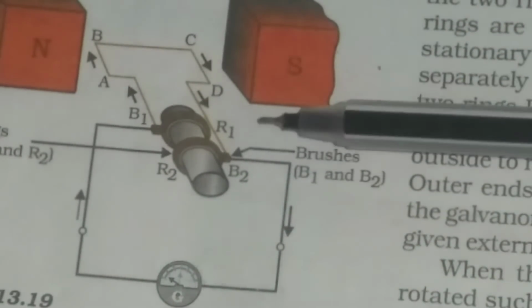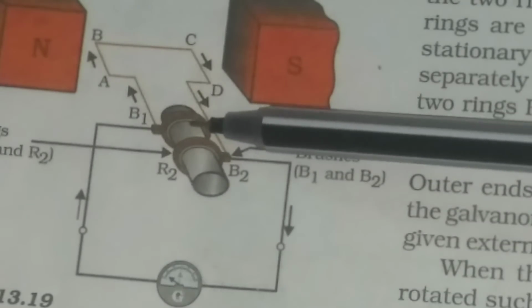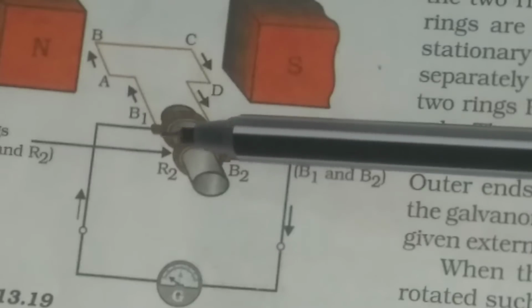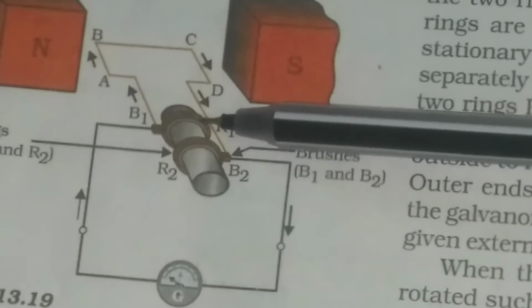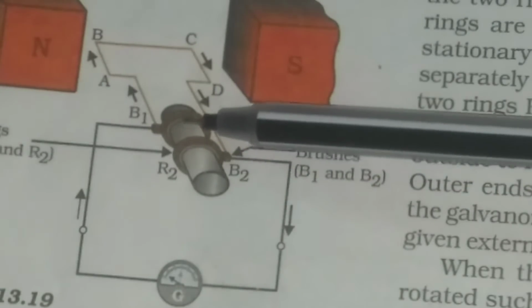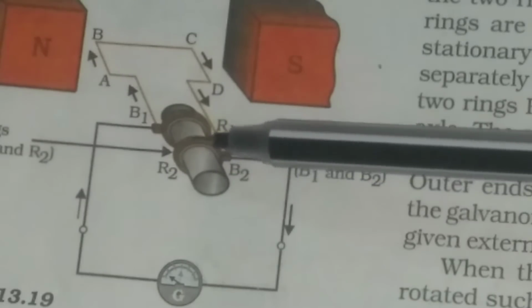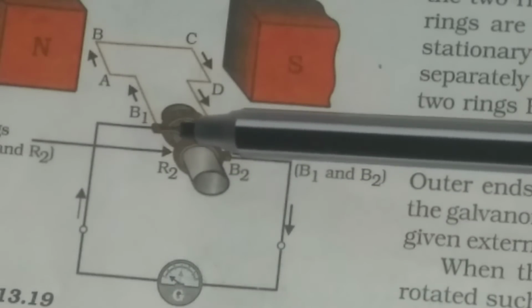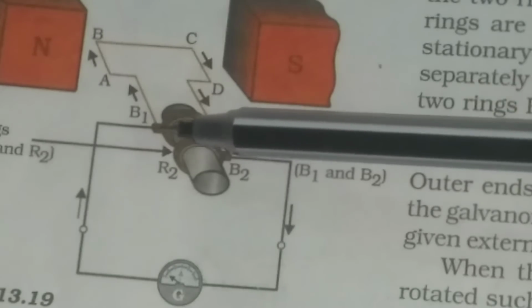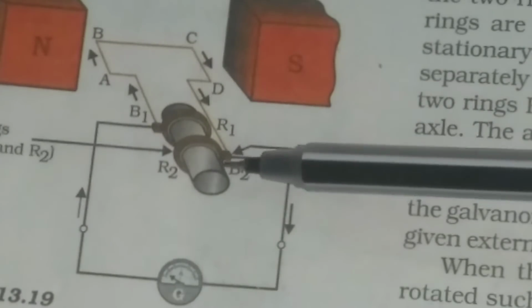In case of an AC generator, two slip rings are used. This is one slip ring R1 and this is another slip ring R2. The inner side of the slip ring is insulated. You see, this is the inner side of the slip ring, which is insulated. The outer side of the slip ring is connected to a brush. The slip ring R1 is connected to the brush B1 and the slip ring R2 is connected to the brush